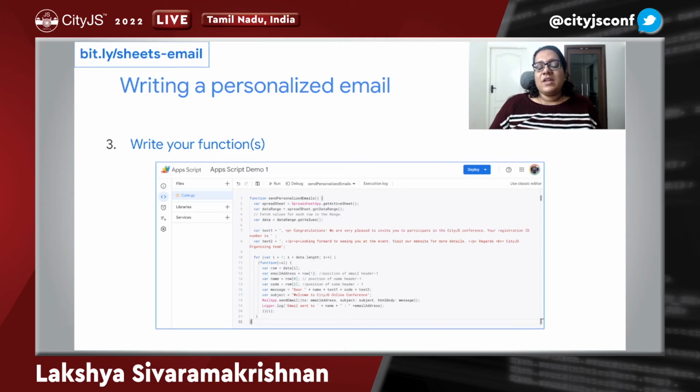So here is how we invoke that, right? To send any email, there are three things that we need. One is whom we are sending the email to. The second is the subject of the email. And the third is the message body, which is the body of the email, right? So we are getting each of these fields from the Google Sheet, and we're using MailApp.sendEmail to send that